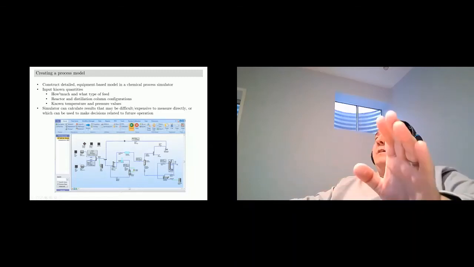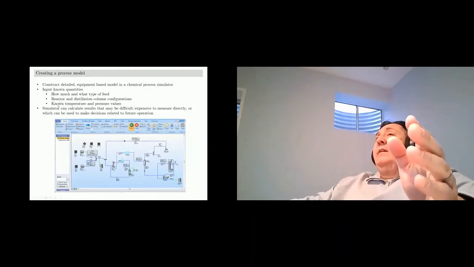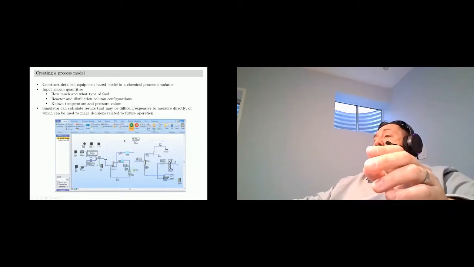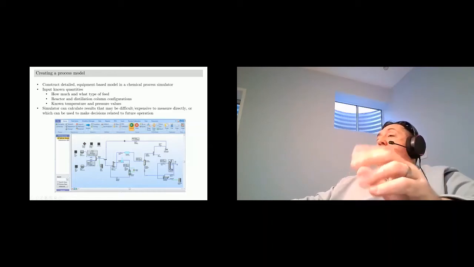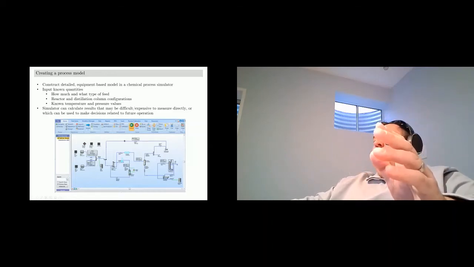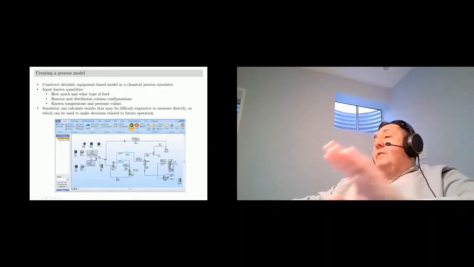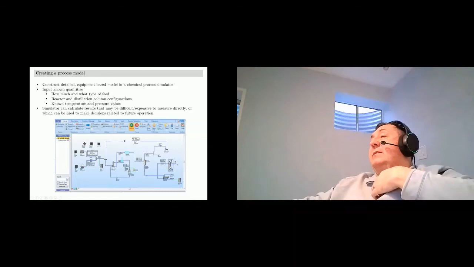So a process model involves constructing a detailed equipment-based model. Each piece of equipment on my flow sheet is a piece of equipment in the field. I have a heat exchanger here. I have a reactor. I have a separation drum. I have a recycle gas compressor. I have a distillation column. So each of these pieces of equipment on my flow sheet corresponds to a unit operation that exists in the